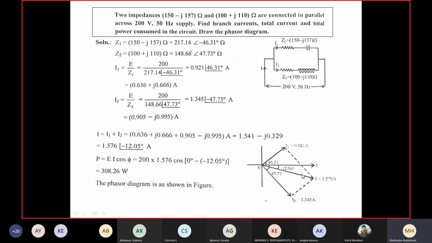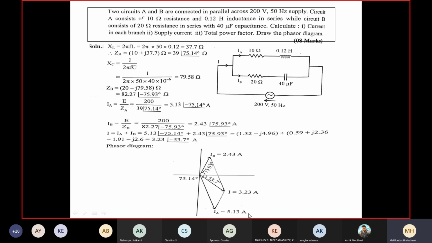This kind of work is required. What is the great work here? You just have to remember I1 in the form of polar, magnitude and angle, to draw this. Correct? Then I2 magnitude and angle, draw it and make the vectorial resultant of that. Then that magnitude, when you add in the calculator, it is readily available. Just mention the values in a proper position and close the task. This is about the simple parallel circuit one can work upon. Several such problems you can find in the study. Let us move to the next problem.